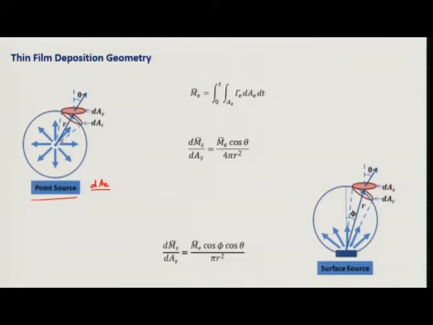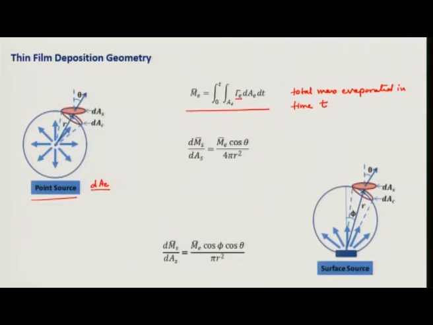Now, when this source melts and evaporates, the vapor is going to move in all directions, okay, and the total mass evaporated in a given time t can be calculated using this expression. This is total mass evaporated in time t. Okay. So, this is integrated over the surface area of the source and integrated over time. Okay. So, this is total mass because I am using this gamma E, which is a mass per unit area per unit time.